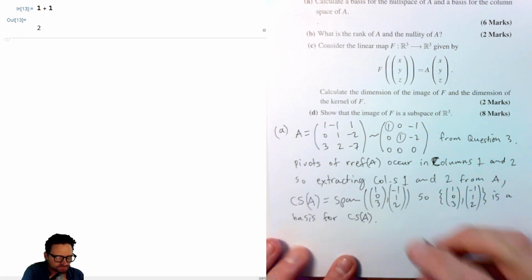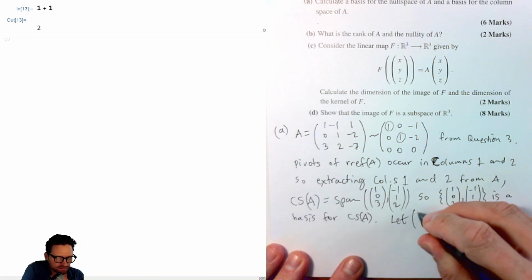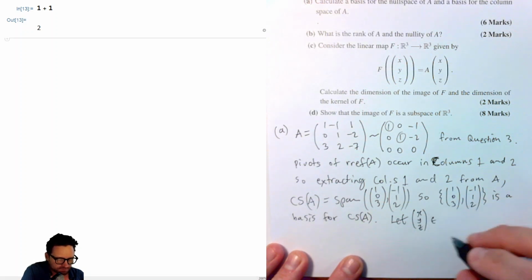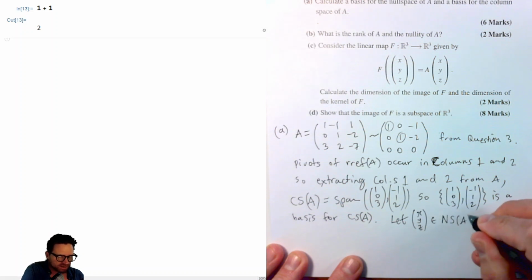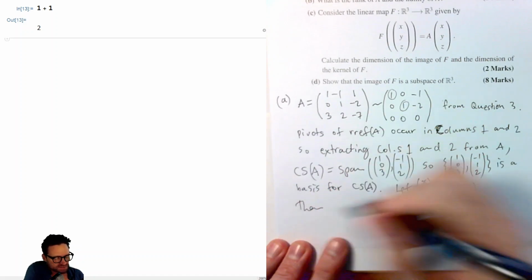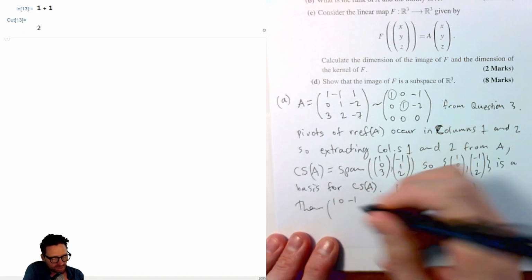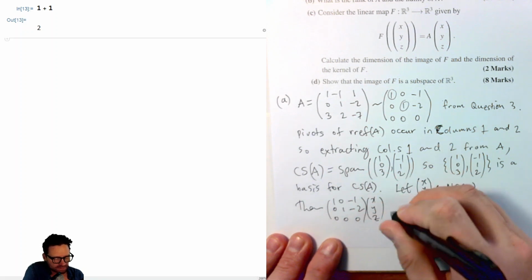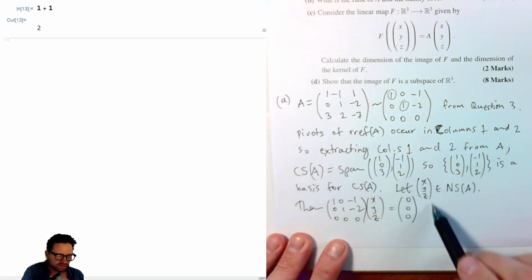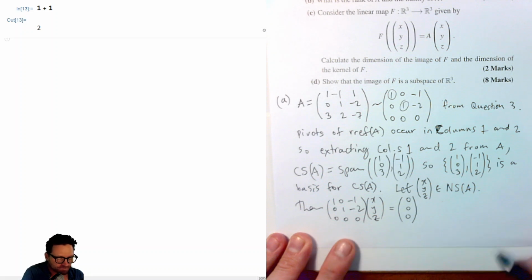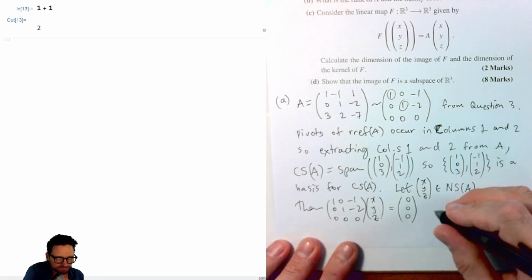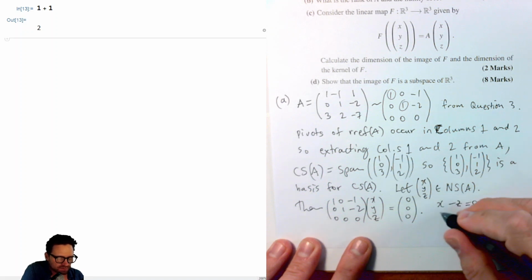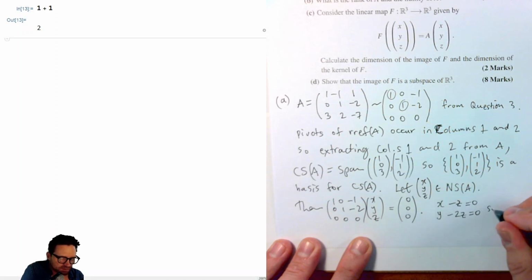Okay, so now for the kernel, so let's say let (x, y, z) be an element of the null space of A. So then what we would have is the matrix with rows 1, 0, minus 1; 0, 1, minus 2; 0, 0, 0 times (x, y, z) equal to (0, 0, 0), given that this vector is in the null space of A. It's also in the null space of the row reduced echelon form of A. And so expanding this out, we have x minus z equals 0, y minus 2z equals 0, and so that gives us